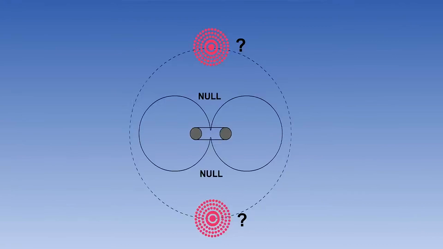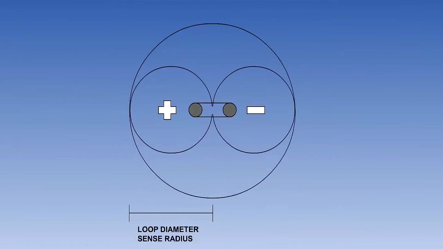Having two null points, one in front and one behind the antenna, means that one cannot say whether the NDB is in front or behind. This is resolved by using a second antenna, a sense antenna. The sense antenna is designed so that the received signal produces a current of the same strength as the maximum current in the loop antenna. Consequently, the radius of the polar diagram of this single-pole antenna is equal to the diameter of each of the